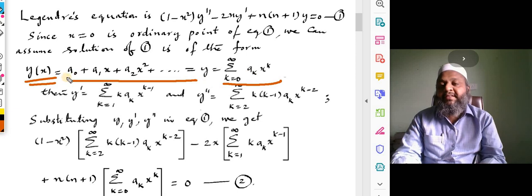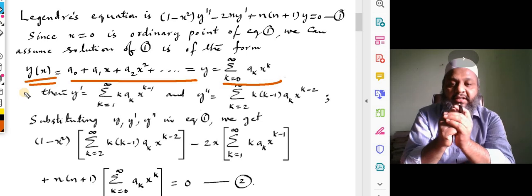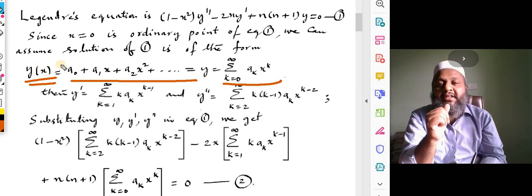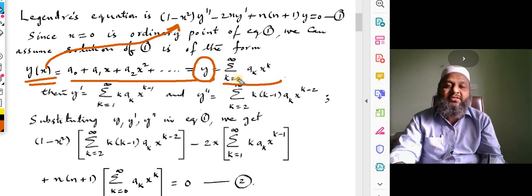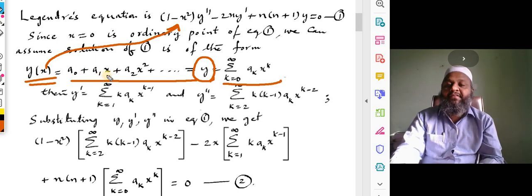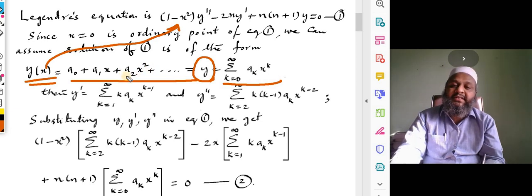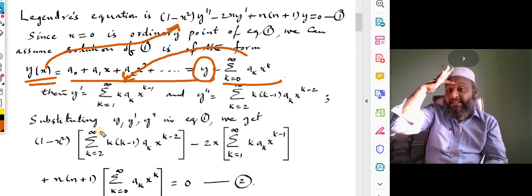Now if you take the derivative for this y, the actual solution of Legendre's equation starts now. That is, we are assuming that y of x, which is to satisfy this equation, is in the form of y is equal to this summation. Now if you take the derivative of this one, that y dash will be equal to this a naught gone, and a1x will become a1, and this will become 2x times a2, so 2a2x. In short, this y dash can be easily obtained from here in this way.